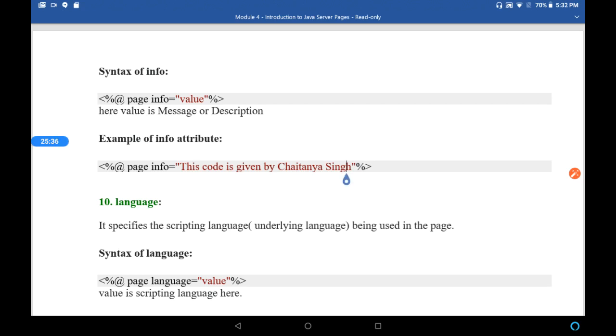This code is given by Chaitanya Singh. This is where we compiled the content from online resources. As already stated in the beginning lectures, the references of where the materials are compiled are given at the end of the lecture session on this site itself, so that users who are interested